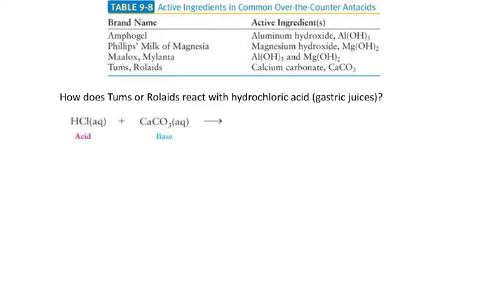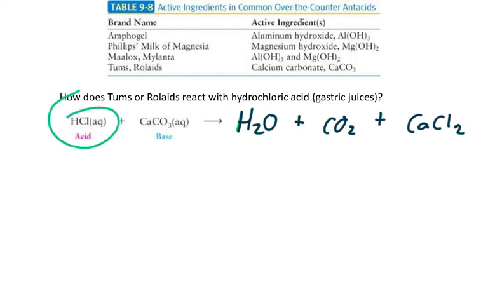And what happens? Well, we know that we're going to get water and CO2, and then what's left over? And we're going to have to balance as well, right? We get a salt, calcium chloride. And two things might jump out right away, H2 here and the Cl2 there, but we don't have two H's or Cl's here, so we're going to need to put a 2 in front of the HCl,